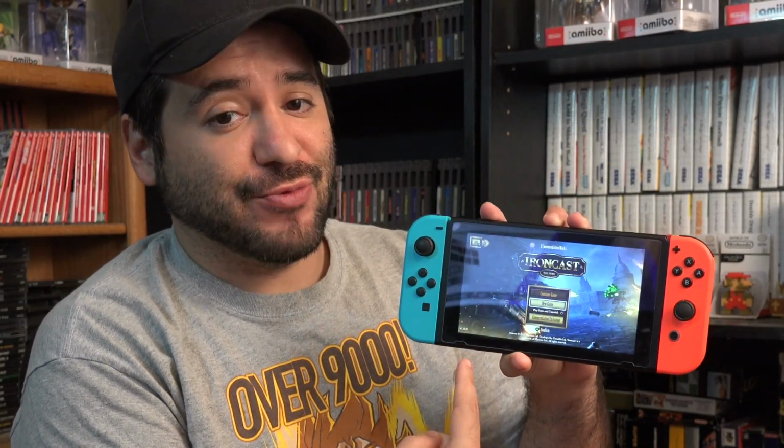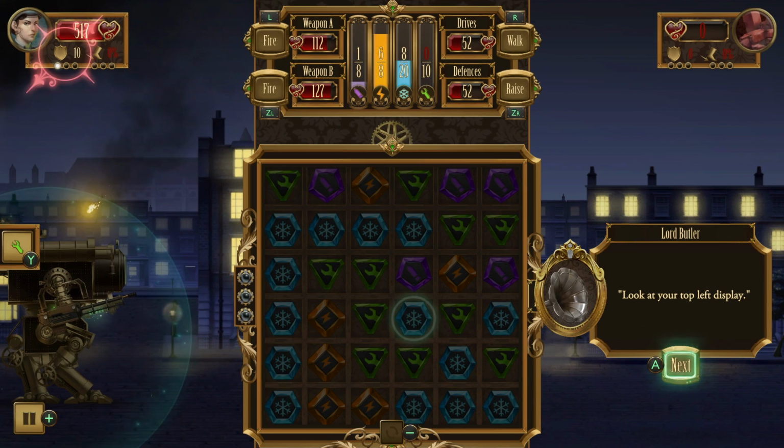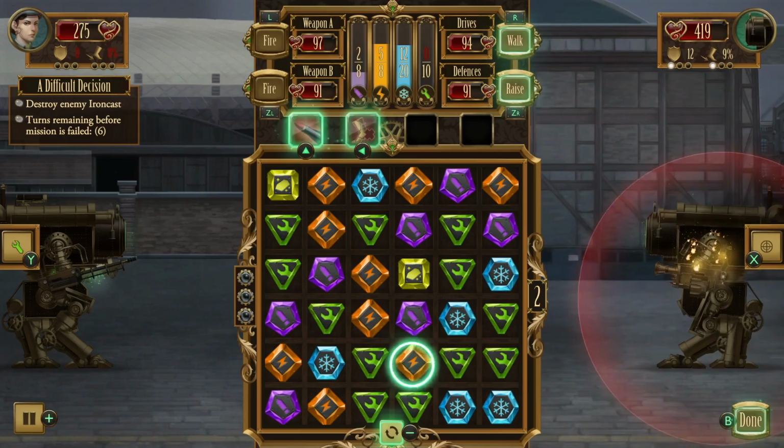Today we're going to take a look at Ironcast on the Nintendo Switch. Ironcast is, at first glance, a puzzle game. You'll look at it on the eShop and be like, do I really need a match 3 puzzle game? But you'd be entirely mistaken. Now, this is a mouthful, but to describe Ironcast, it would be to call it a turn-based strategy RPG roguelike